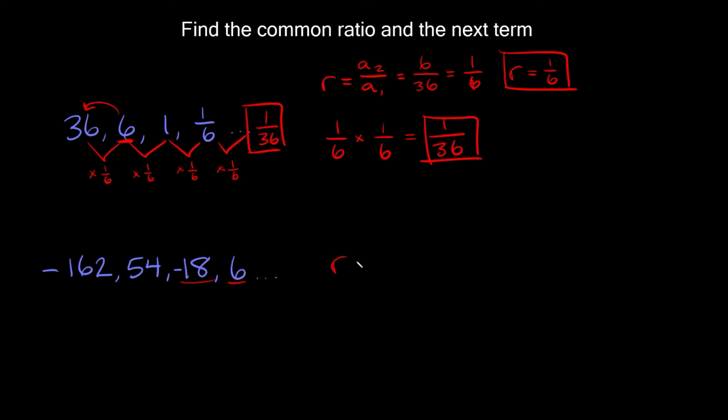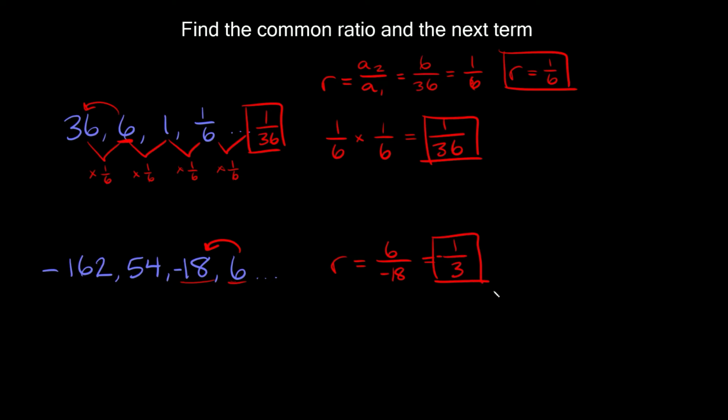So we're going to say that the ratio is equal to the first number, 6, divided by the one previous to it, -18. Okay, this we could definitely do in our head. So 6 divided by 18 is equal to 1/3, and a positive divided by a negative is a negative. So our ratio is equal to